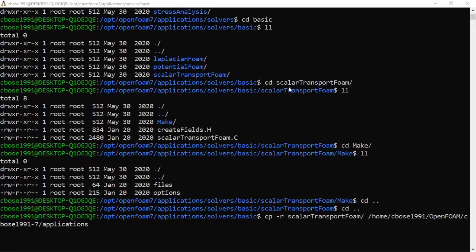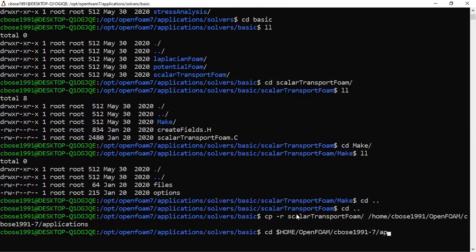Yeah. So I will just copy this. Okay, sorry. If we go back to that location, which is cd $HOME, and then OpenFOAM, and then CBOS-1991-7, and then applications.